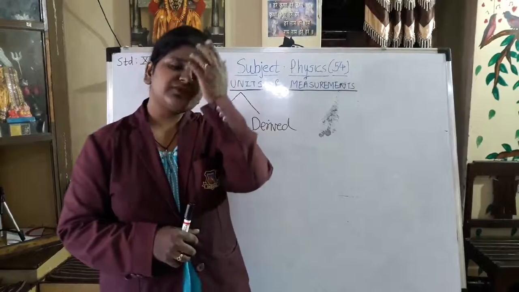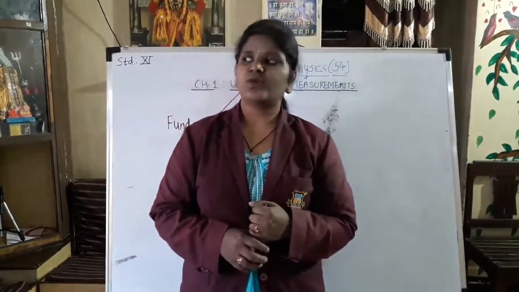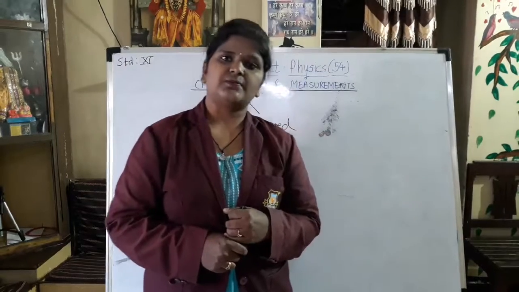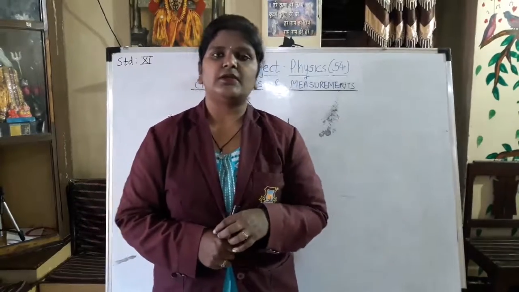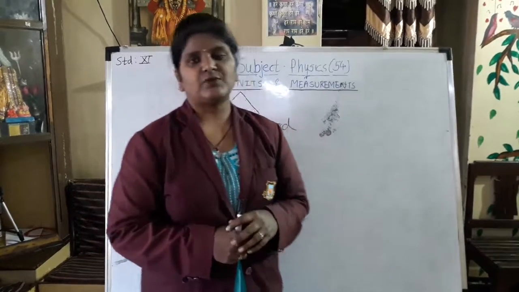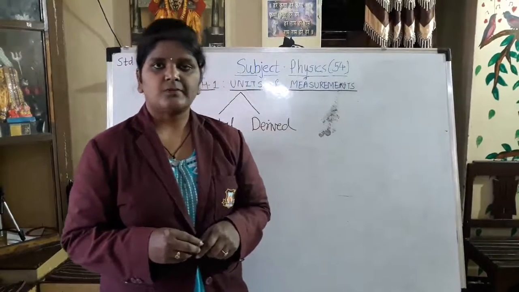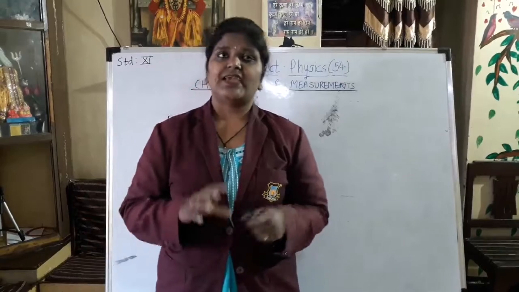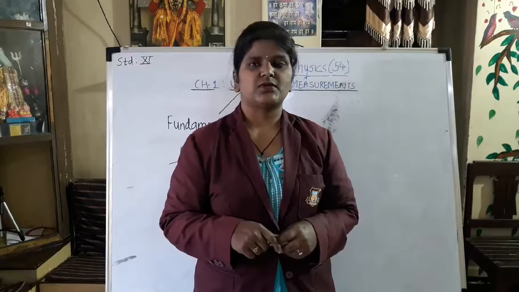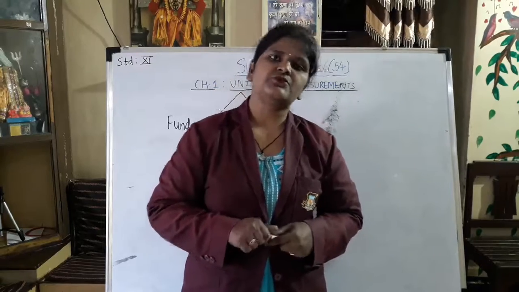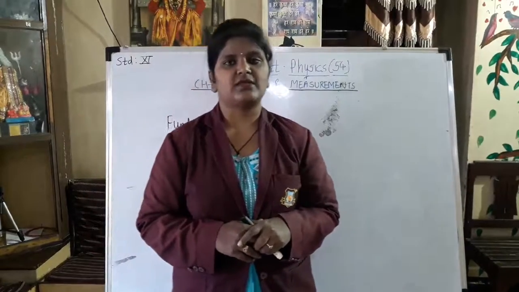After the uses, we have seen the limitations of dimensional analysis. What are the limitations? If we consider the dimensions of a constant term, is it possible to have dimensions for a constant term? No. So that is one of the limits. We cannot define dimensions for any constant term, even for a proportionality constant. And any equation which has 2 or more physical quantities having the same dimensions cannot be derived by dimensional analysis. These are some of the limitations of dimensional analysis.